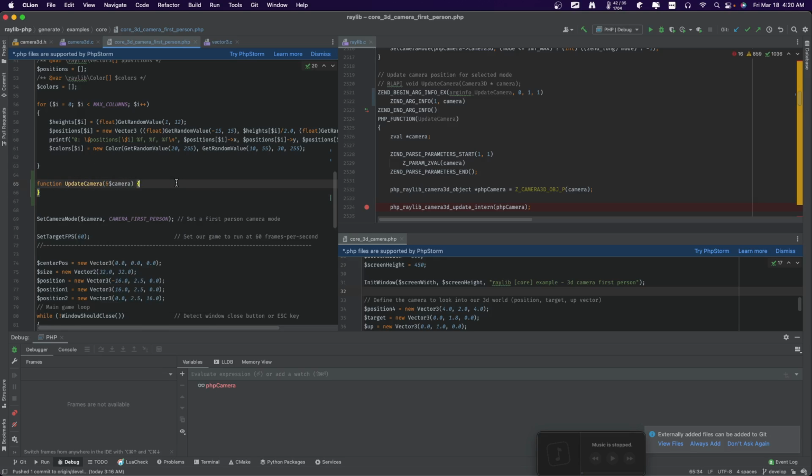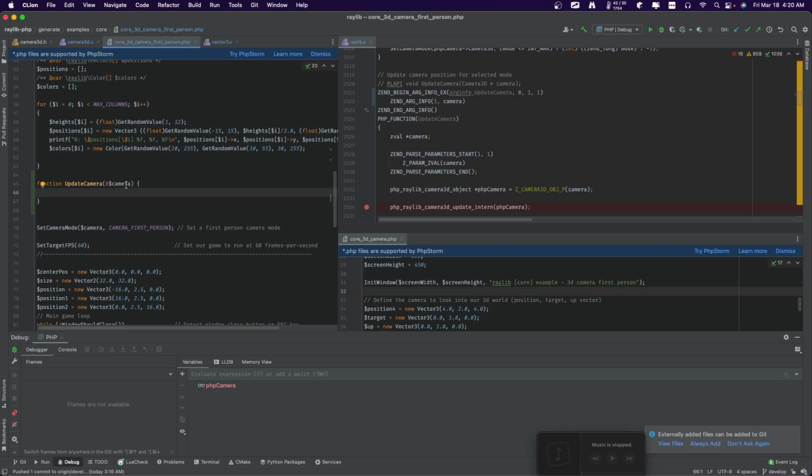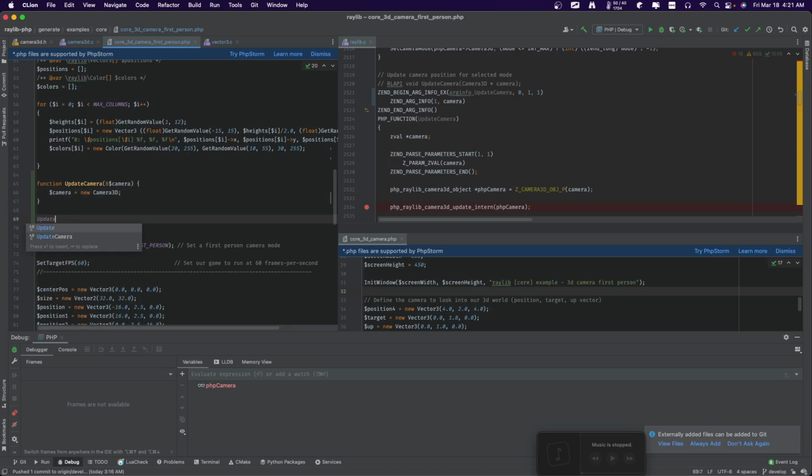So this is how you would write it in PHP. This is the exact same way. And then I would do something like camera position x plus plus. There's no reason to have this here because you already have a reference to the camera. It's bound by reference when you pass in an object, versus an integer or an array or something like that. There's no reason to have this unless you're doing something more along the lines of initializing the value. So you can say camera equals new camera 3D, and then down here you just say update camera